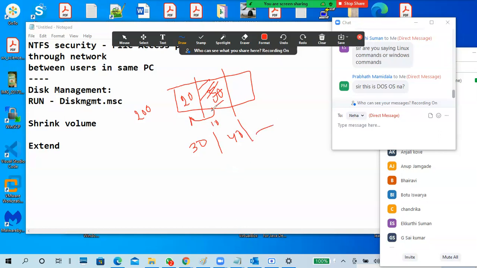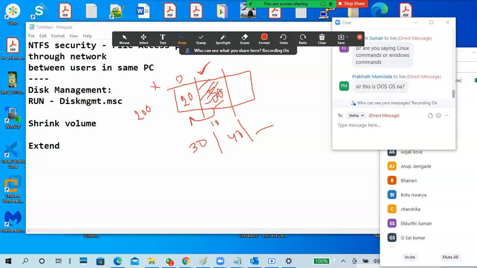You can extend only into the adjacent space, compulsorily on this side, not this side. For example, for the D drive it should be on this side.